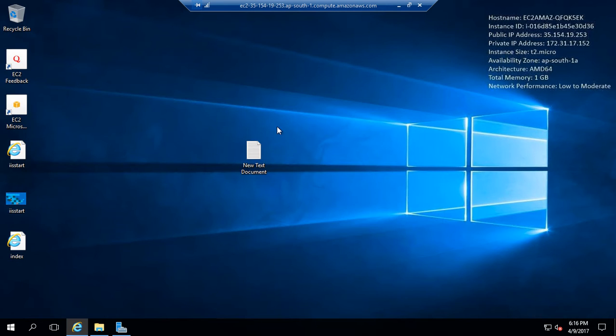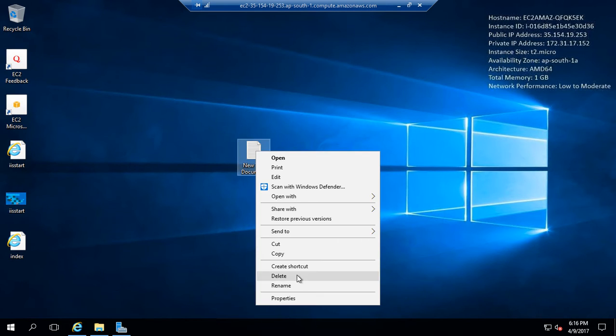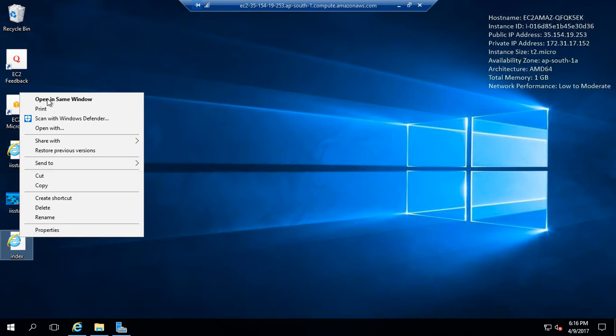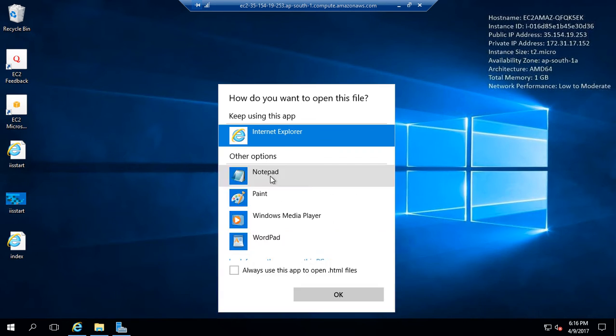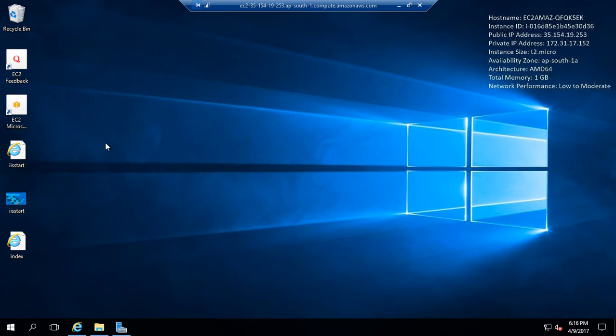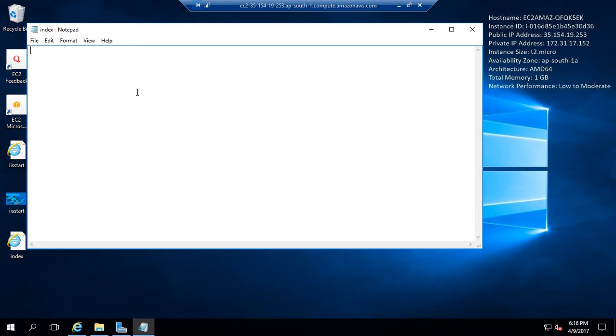Here it is. Just delete this file. Here, just write something interesting you would like to do. Open with Notepad. I open it with Notepad, and here write something interesting